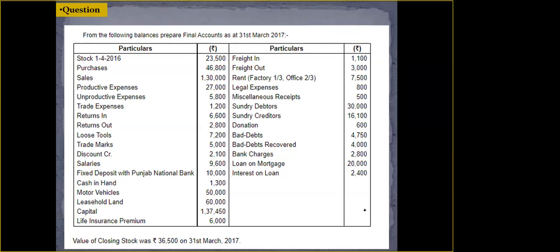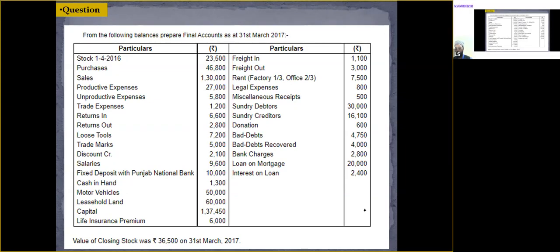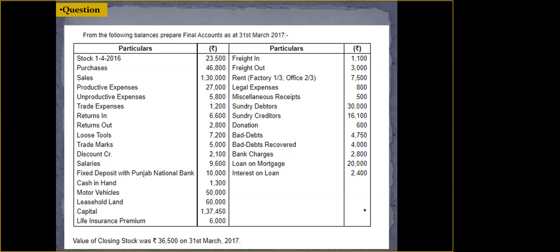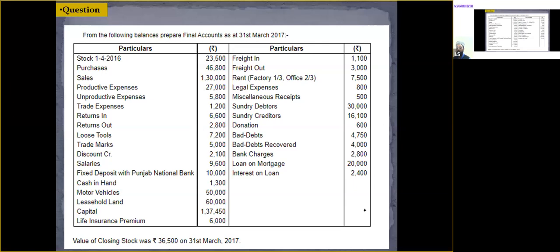All right. Then after that we have miscellaneous receipts. Hamad will tell me where we should write it, and after that, Alexander will. Tell me, Hamad, where we should write miscellaneous receipts? Sir, the miscellaneous receipts will be recorded in the profit and loss account on the credit side. Perfect, very good. On the credit side of the profit and loss account, please write it, everyone. Miscellaneous receipts on the credit side of the profit and loss account.